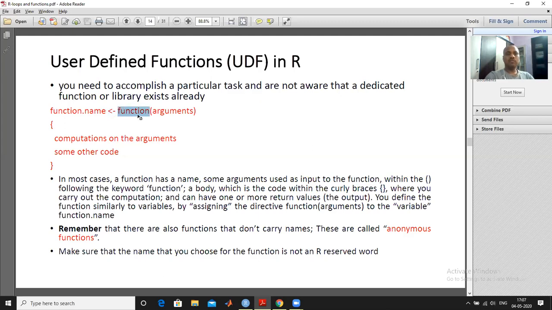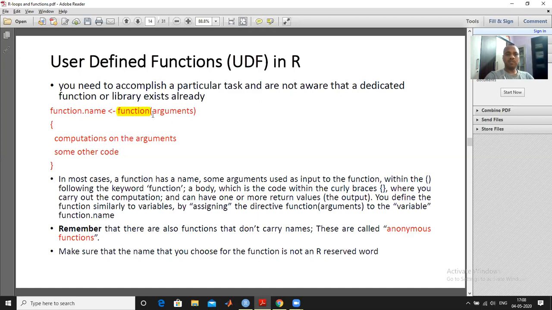This word is necessary, it means we are going to write a function. The name is your choice, but this is fixed, so I have highlighted it.